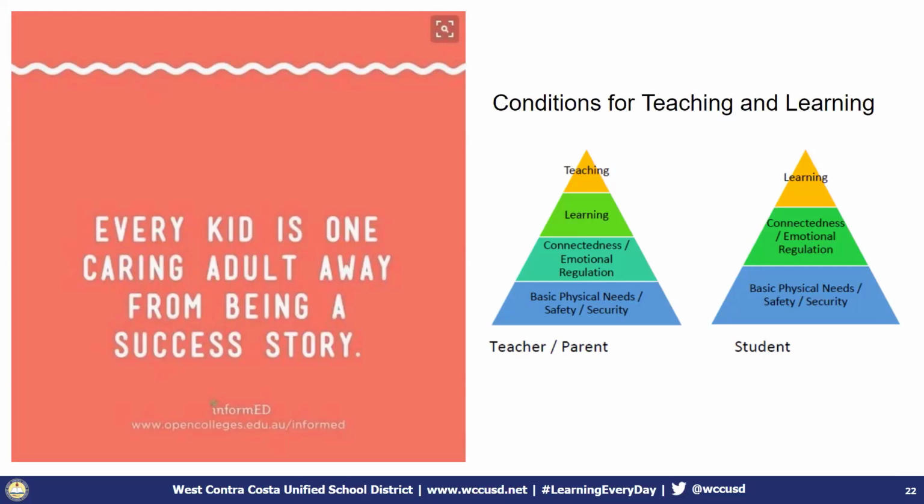And many times when you see very successful adults, they actually go back and say, I remember when Mr. such and such or Mrs. such and such did this. So those things are really, really important. So the two triangles that you see are called conditions for teaching and learning. And the left triangle is more for the teacher and the parent, and then the right triangle is more for the student. But if you notice at the very bottom, because we're going to go bottom to the top, there